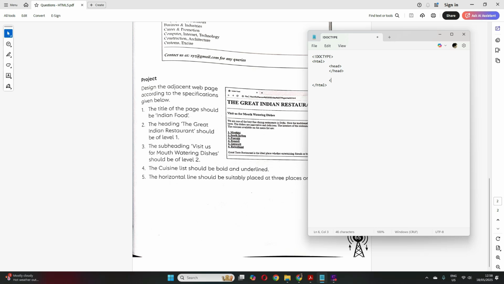Then you have the body, and under head you have title. See the indentation that I am following. It's very important, students. You can write it without indentation, but it's always better because it makes your code readable. Now the title should be Indian food. So Indian food. Let us save it.